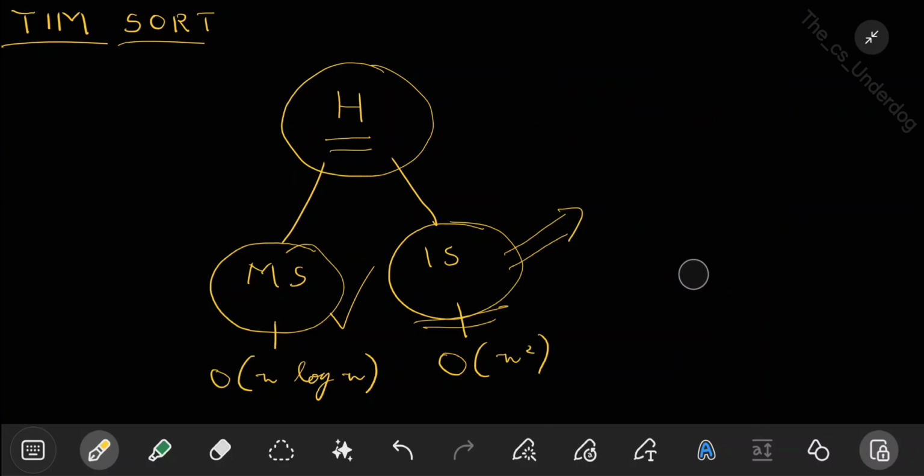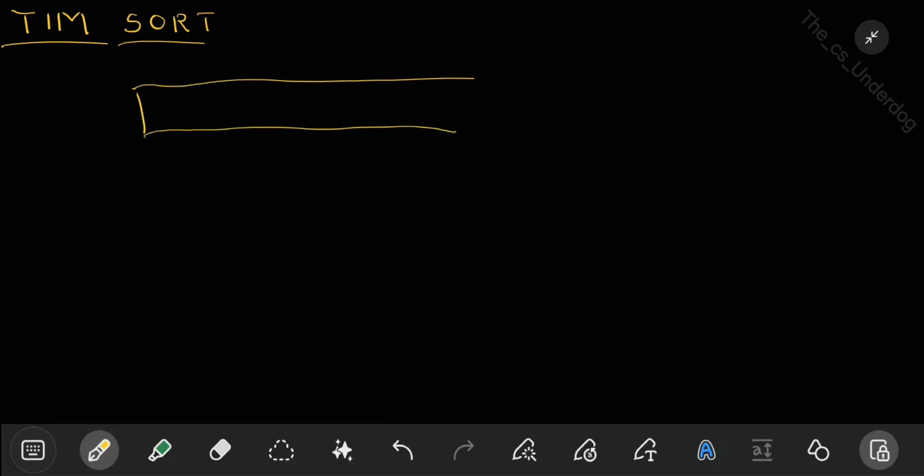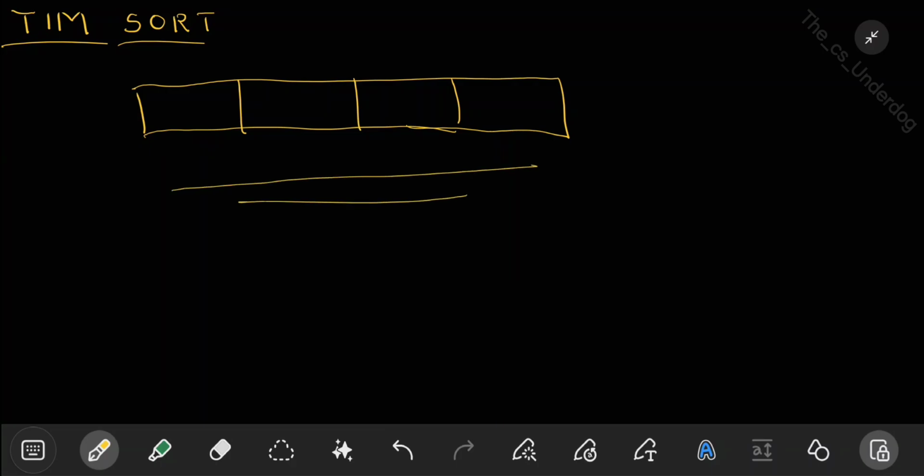So these are the steps to be followed. First thing, whenever you get a new data set, an array, let us say, to be sorted using timsort, you will identify all the runs in the data set. By run, we already said it is an ordered part of the data. So here we want to divide the complete array into different runs, which means surely you won't get the complete array as different sorted parts. There will be parts which are not sorted. So whenever you identify these runs,